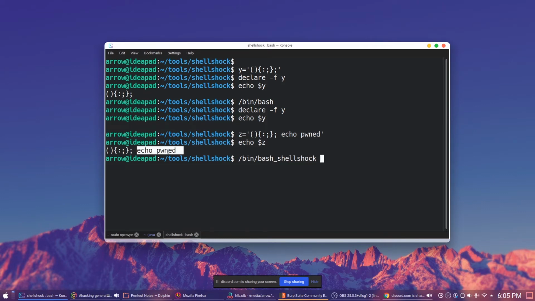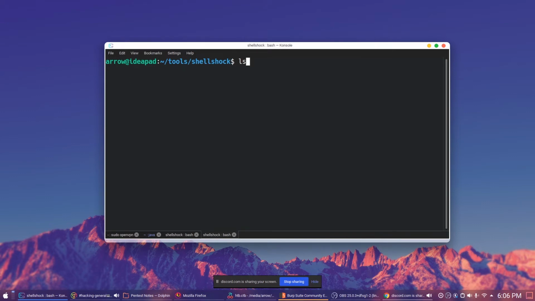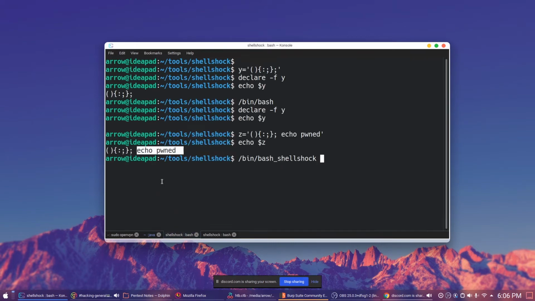Normally, like this, we can say ls; whoami, so we can execute two commands at a time. In that case it will stop parsing as a function up to here, and it will treat the rest as a second command.